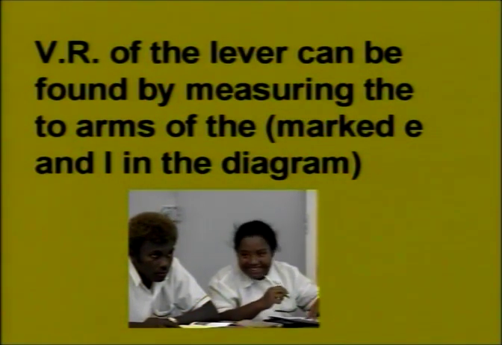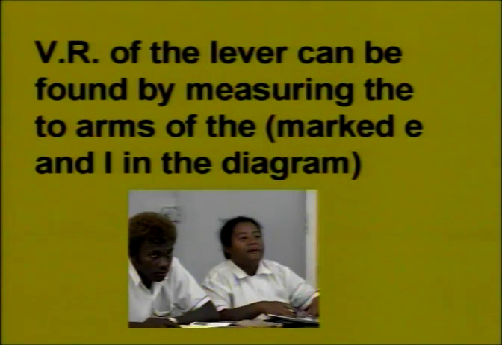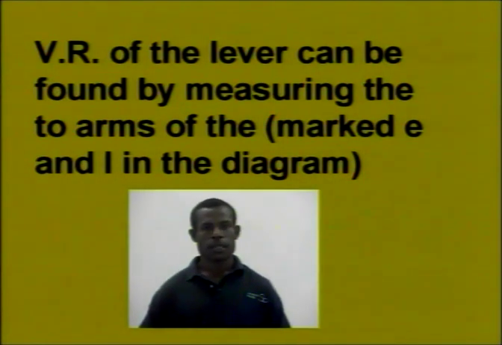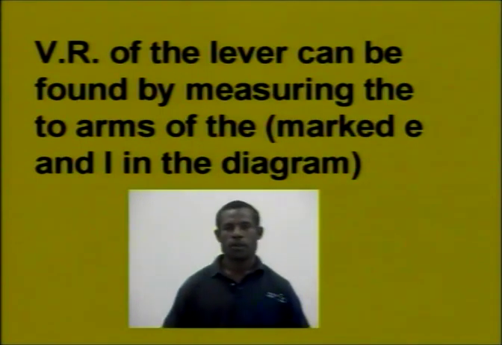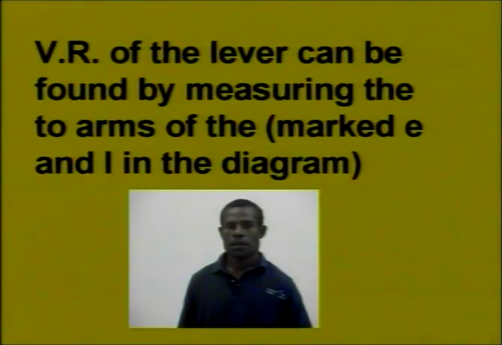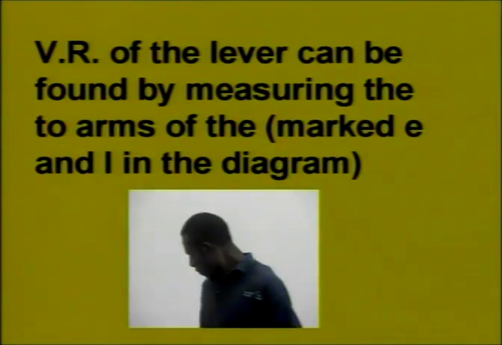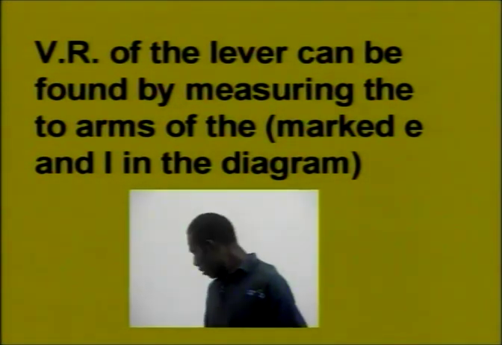The lever can be found by measuring the two arms of the lever. Okay, that is marked E and L in the diagram. Right, as you can see from the diagram here,